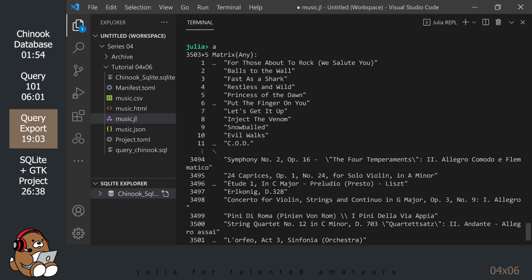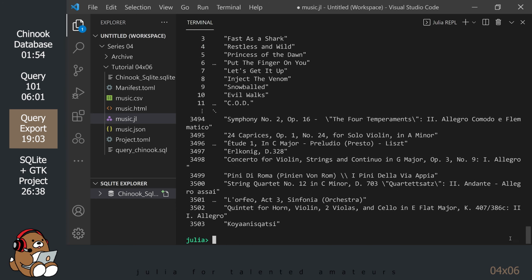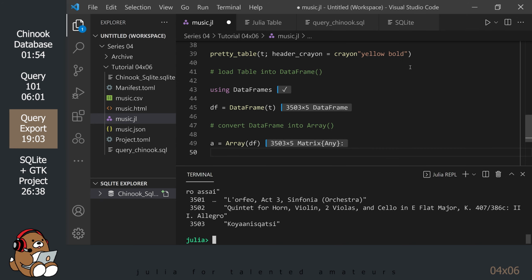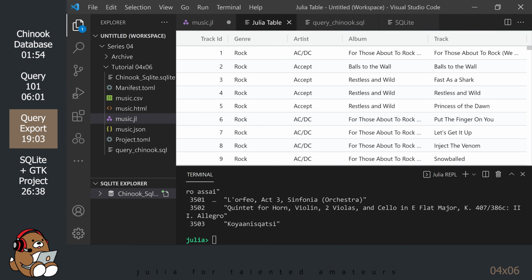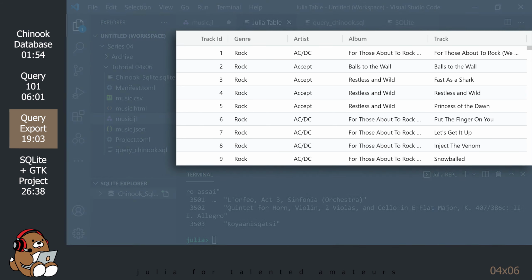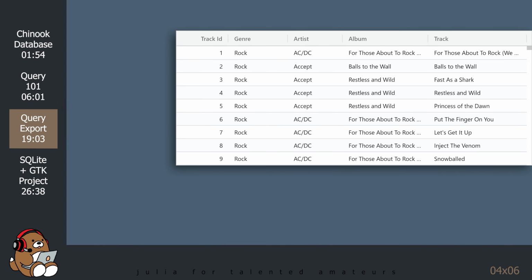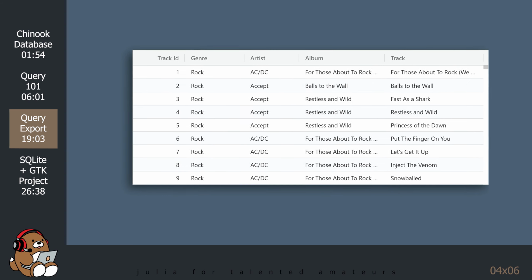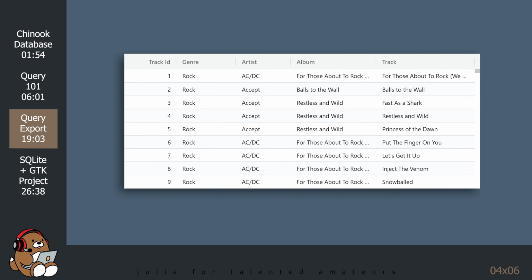Viewing the data inside the Julia REPL is difficult. Personally, I like using VS Code Display to view my data, but you need to be inside VS Code to use it. It would be nice if we had a GUI that was similar to VS Code Display, but would work outside of VS Code so that we could launch it from the REPL or from any other programming environment.